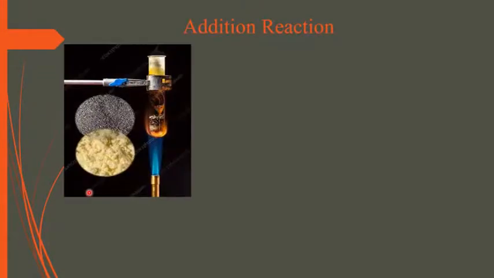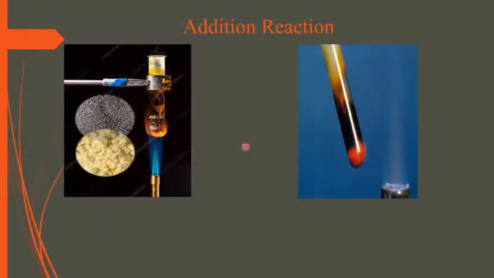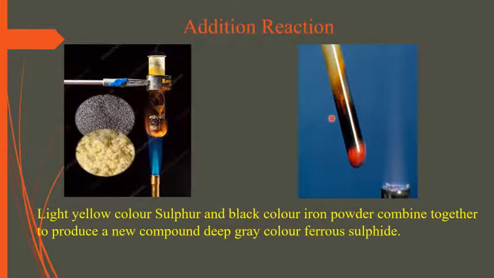Now look here, this is a reaction between iron powder, this blackish color iron powder, and yellow color sulfur. When these two elements are mixed and heated, they produce iron sulfide. Here look, light yellow color sulfur and black color iron powder combine together to produce a new compound, deep grey